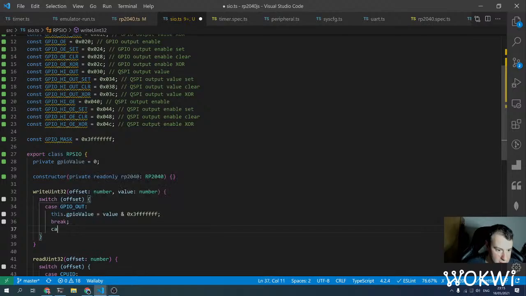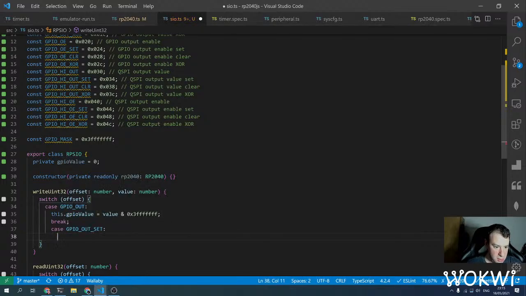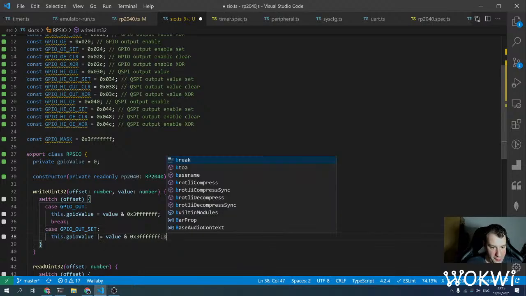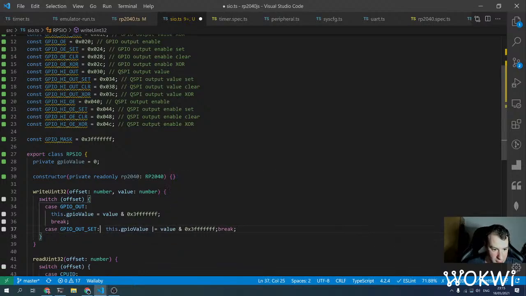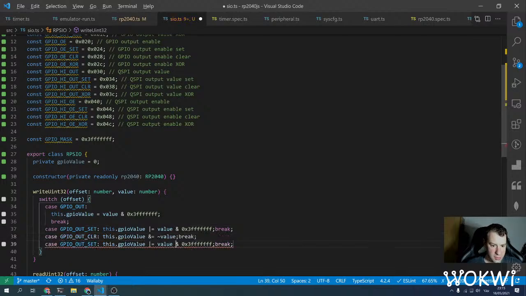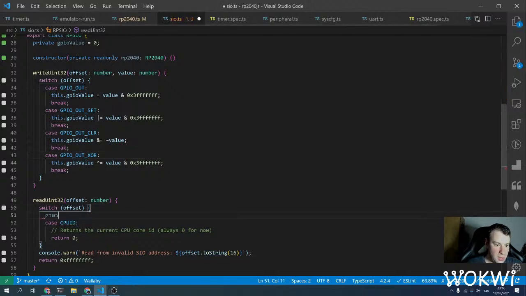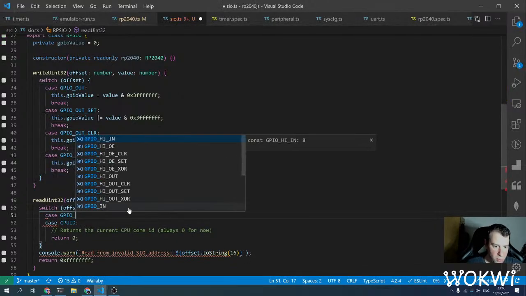Out set, case out set, just as bitwise OR, and GPIO out clear, and here we don't really need the mask, and there is also XOR. All right, and then reading from them, so case, I guess all of them we can, I'm not sure,